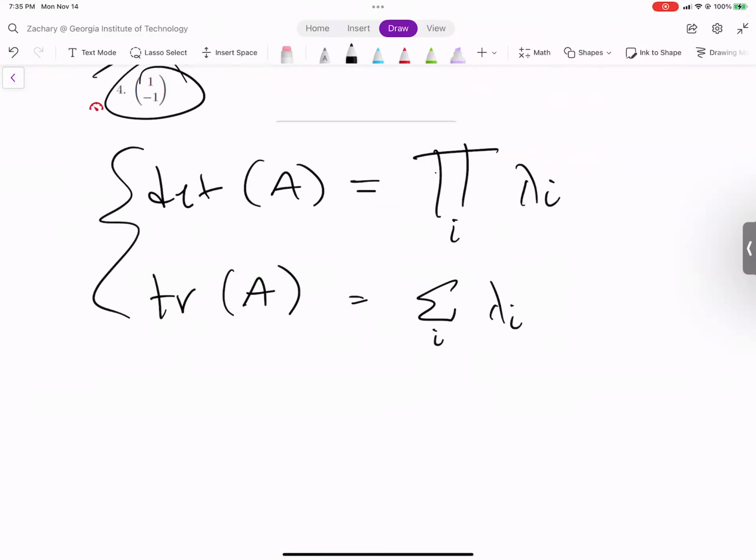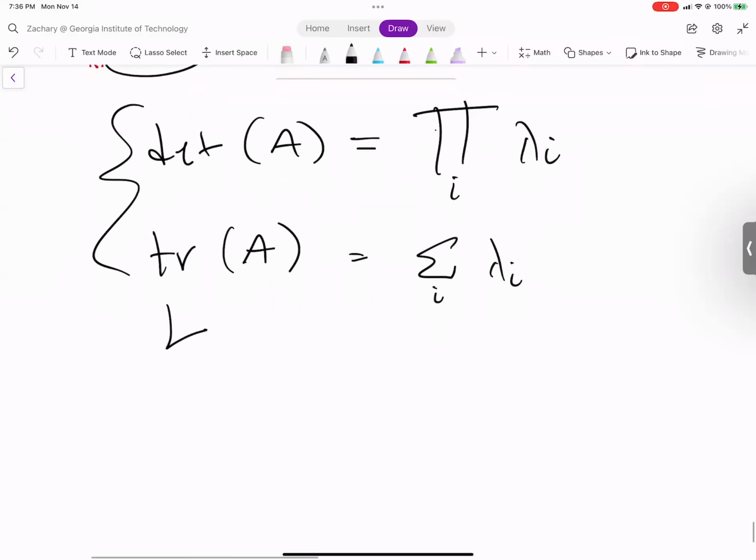I know for one of the questions they gave you a 5 by 5 on the homework or something crazy. One of the ways you could have done that was if you find the trace, you find the determinant, you can find some things that multiply to be that. Oh, and trace, in case you haven't encountered that, it's the sum of the main diagonal of A. All right, what other questions do we have?